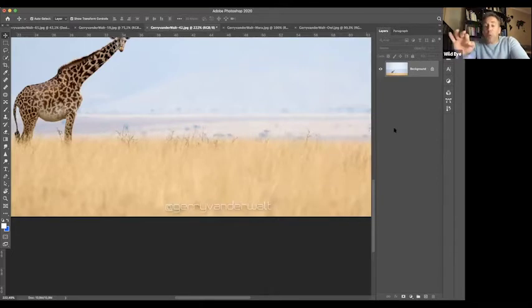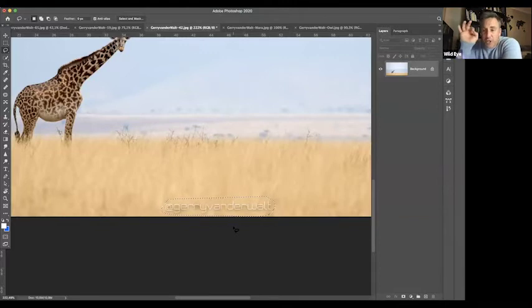So, content aware is like magic. When Adobe announced this, people lost their minds. What you do, and it is this simple: you come up to your tools here and you select the Lasso Tool, the easiest one. All you do is draw a circle around what you don't want, around the bad part. So I'm going to just do this. Let's say we remove that and release.